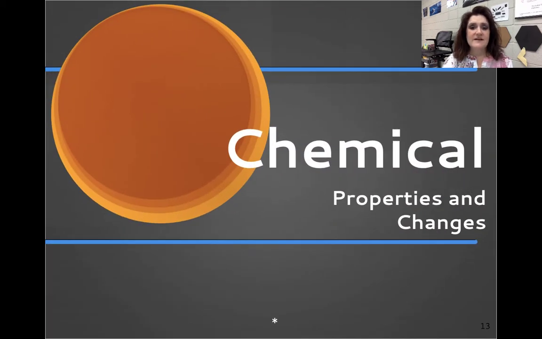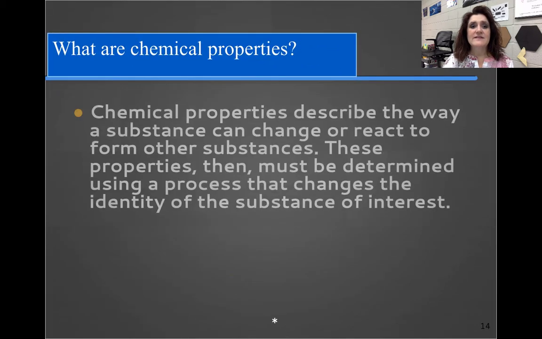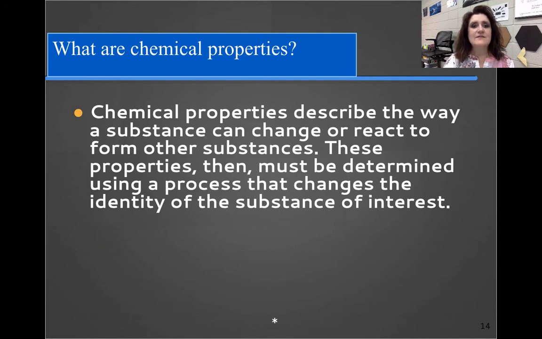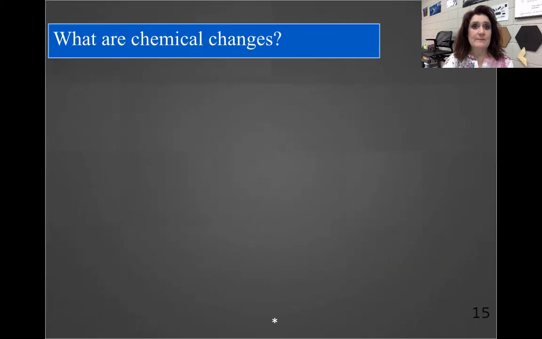Chemical properties, on the other hand, have to do with the way a substance can change to react and form new or other substances. These properties then have to be determined by the change it undergoes.